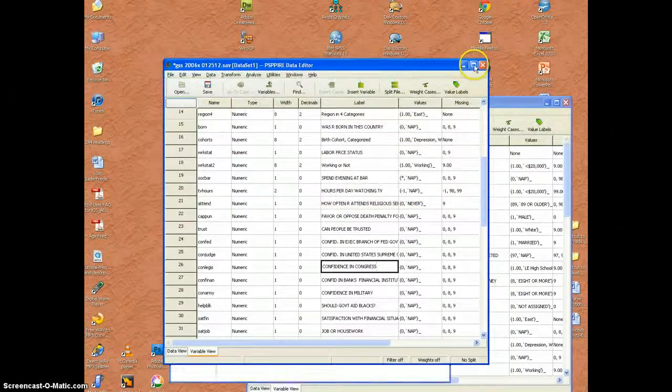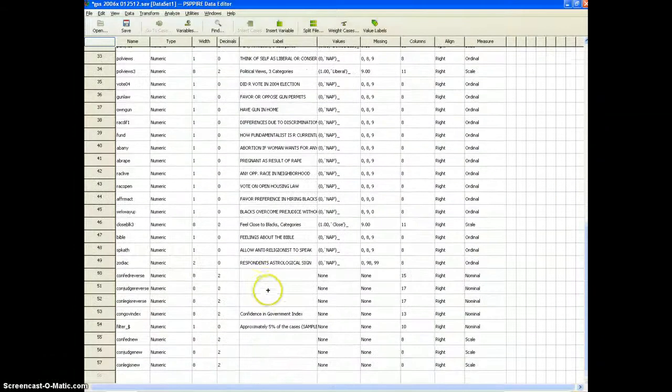Okay, now let's go back to this data set and have a look at what we created. If we scroll down to the bottom, we'll see that the new variables appear here. Well, actually, you see something went wrong. The labels I created did not get created, but that's not really a major problem. I can punch them in here. That was again recoded